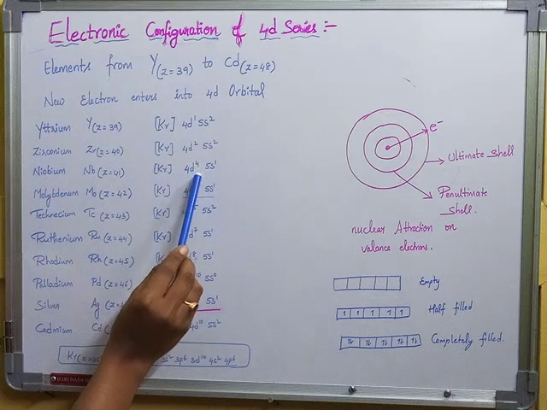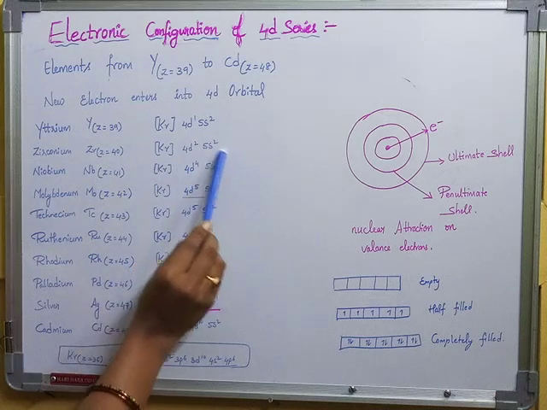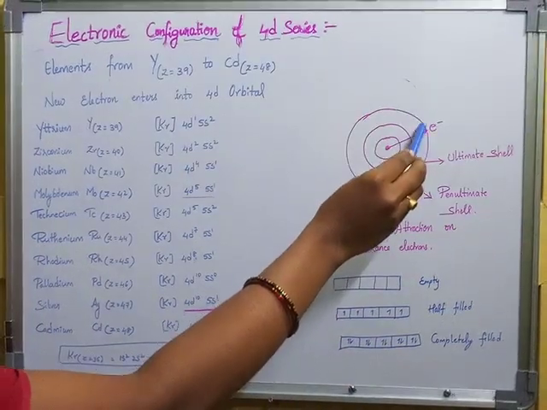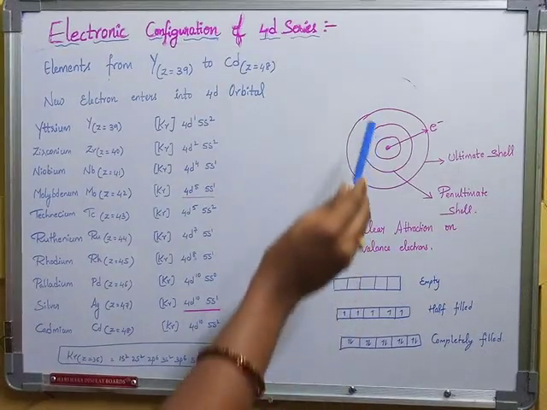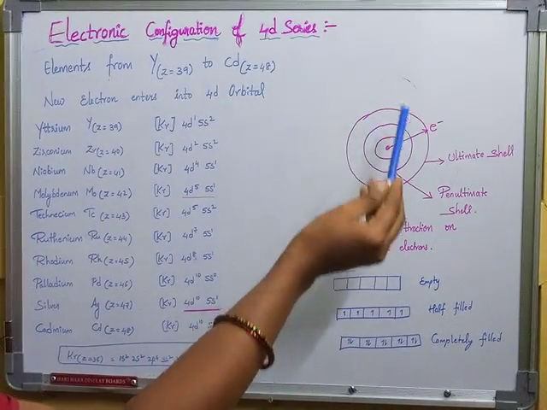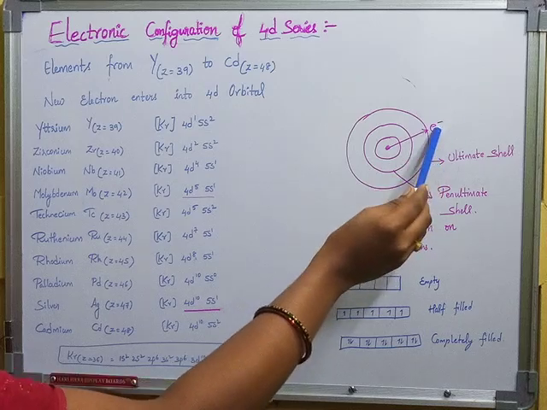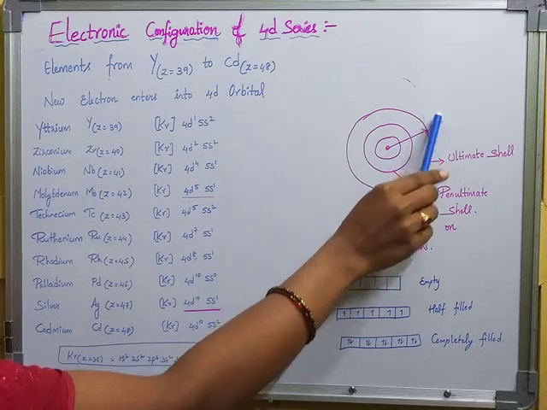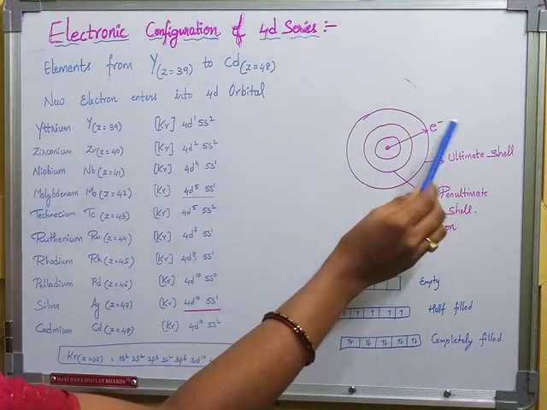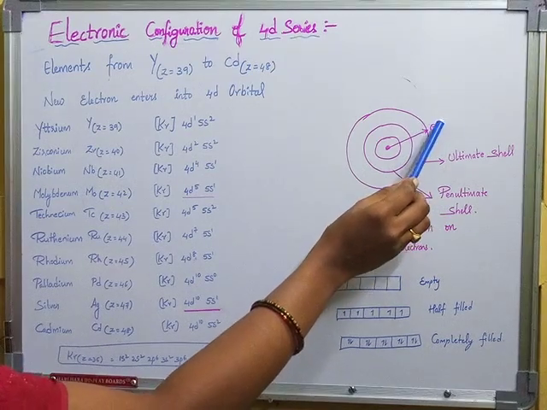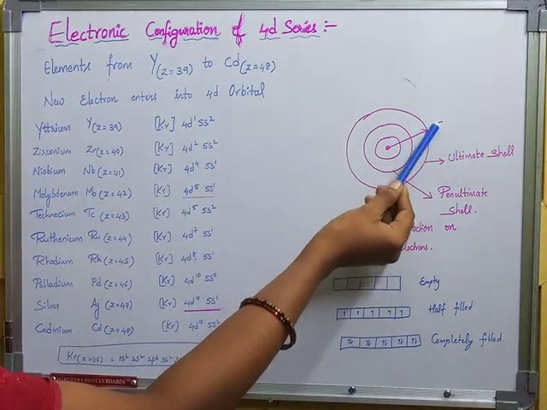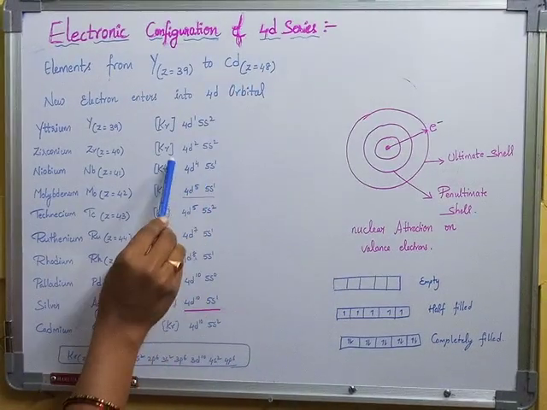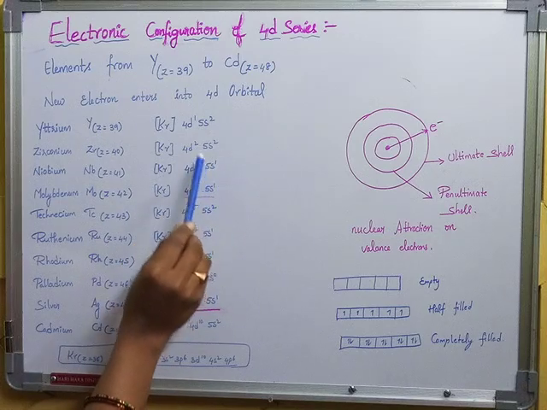Are you understanding? So here we have 4d4 5s1, that is the reason of nuclear attraction. Along with that, valence shell electron repulsions. If the atom size is decreasing, what happens? The electrons present in the valence shell get repelled because the size decreases, the shell gets decreased. Due to that reason, there is a repulsion in the valence shell. So one electron from the valence shell jumps into the inner shell. Here the 5s electron is jumping to 4d. Due to that reason, I got 4d4 5s1.